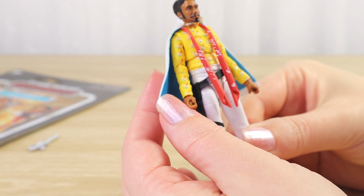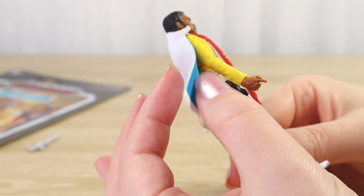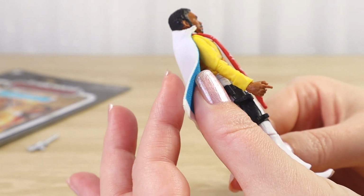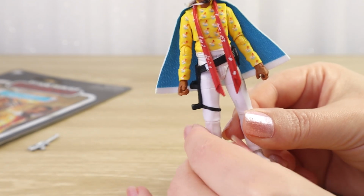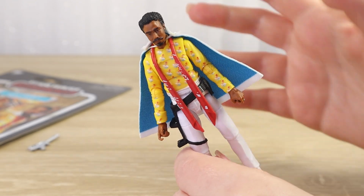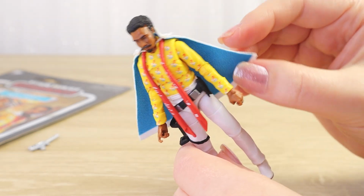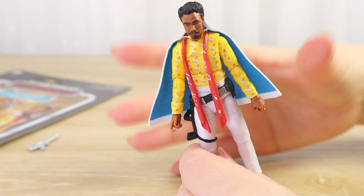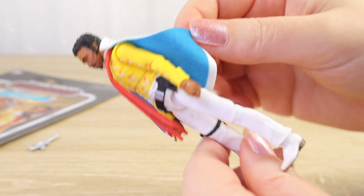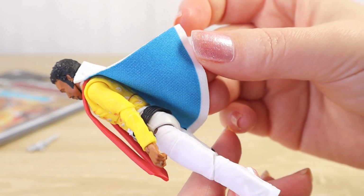But when it's out of the packaging, you can really see that this is a thick polyester fabric. It's almost not quite spongy, but it's definitely a thicker fabric compared to many other fabrics that I have seen from the Vintage Collection line, and even in the Black Series 6-inch line as well. And I believe that is because we want it to hold its shape, get this really fun cape effect, but also the interior blue isn't a sewn section,